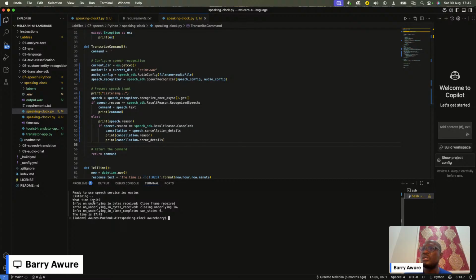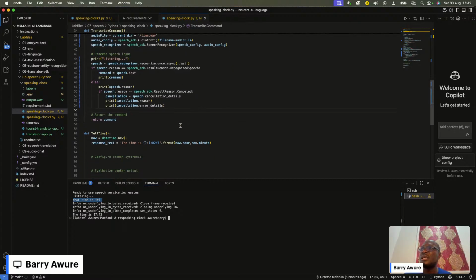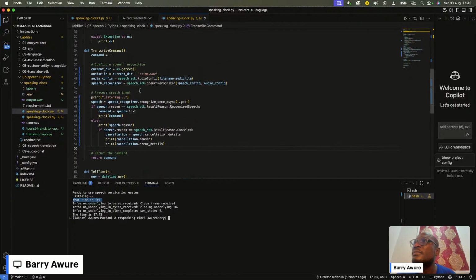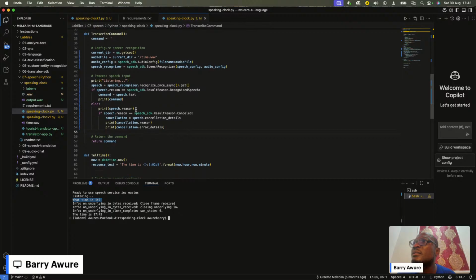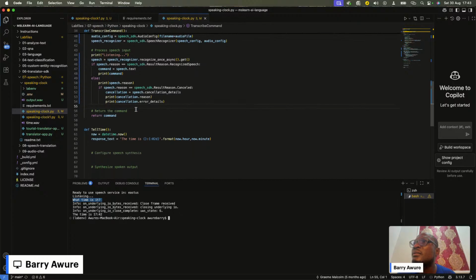So now it's listening and is expecting what the time is, and then it's telling us what the time is, and it's saying the time is such and such and such, right? So that at least tells us that the clock is actually getting the current time.